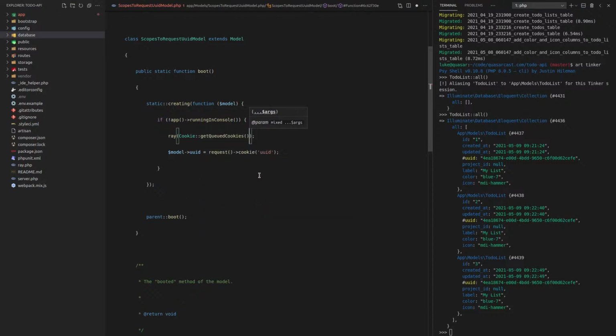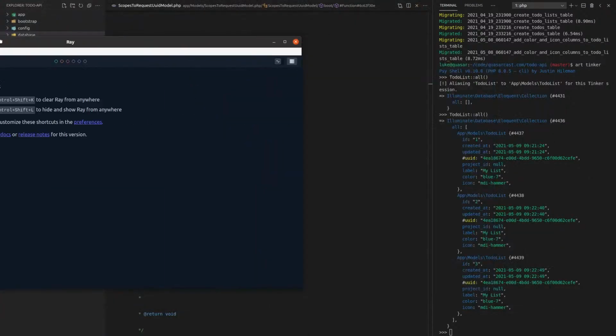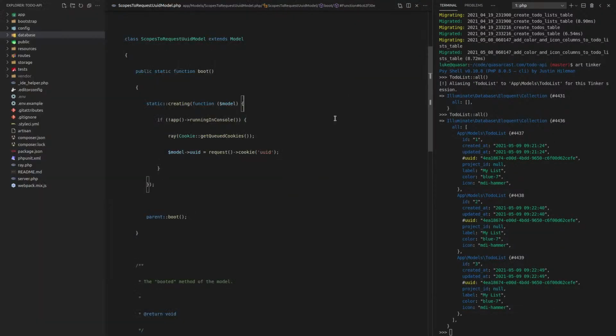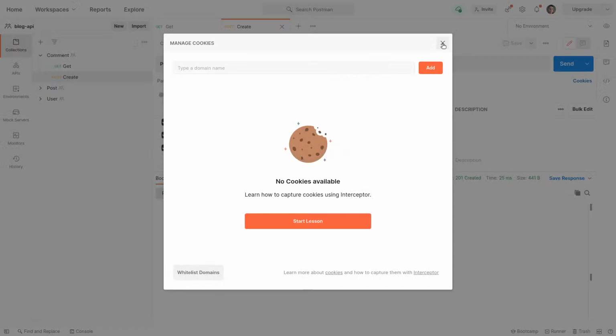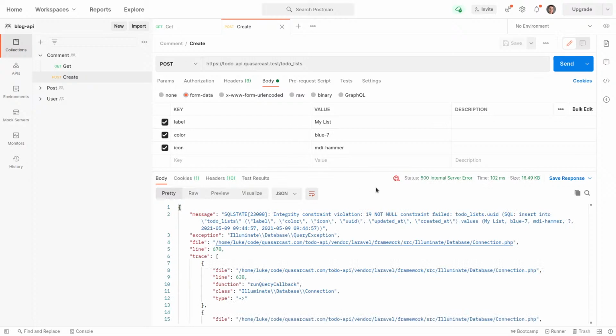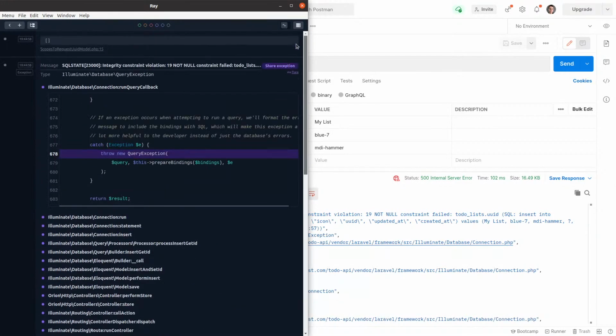Get queued cookies. Okay, this is starting to look right. So let's see if we can smash that out with Ray. Open a new thing here. Oh, looks like this is freaking out. Yeah. So we're going to passport. I've already cleared my cookies. Let's send that through. We'll get an error, but in Ray, if I come up here,